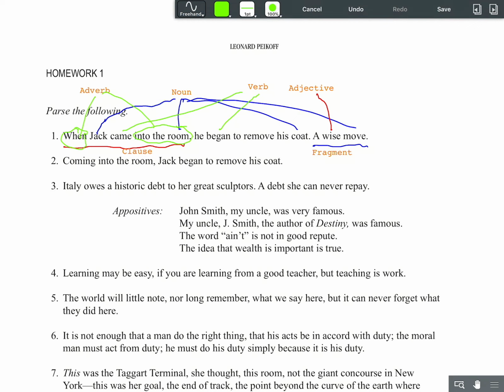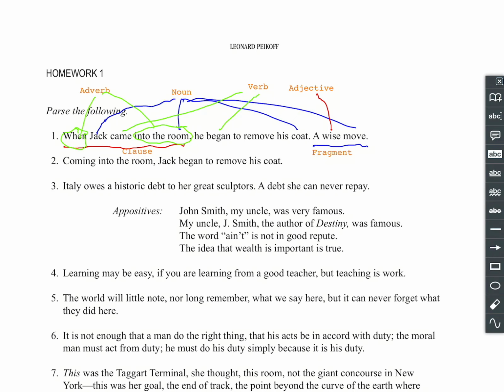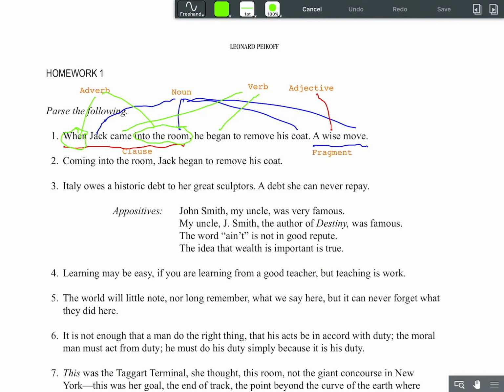Okay, so I know to remove is an infinitive. Oh, his is an adjective. His tells you what type of coat it is. Also, a is an adjective because it tells you